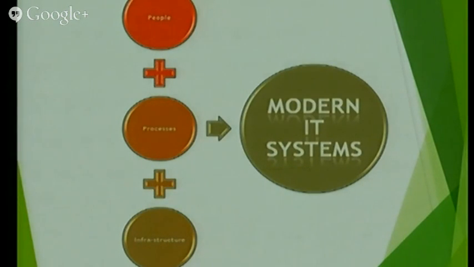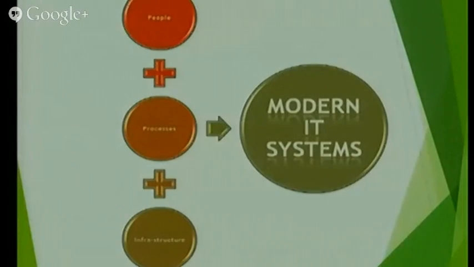There are three things which actually make modern IT systems. One is the people, another is the processes, and the third one is the infrastructure which we use. The processes actually are the manufacturing processes used by the IT manufacturers